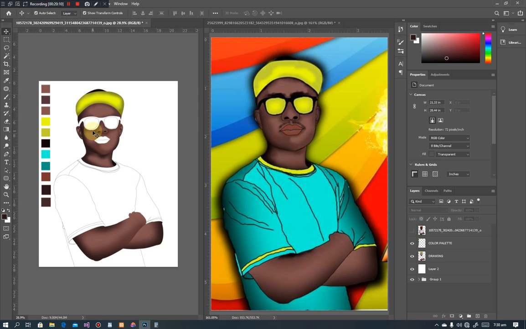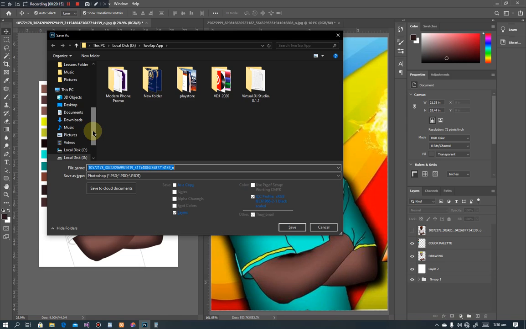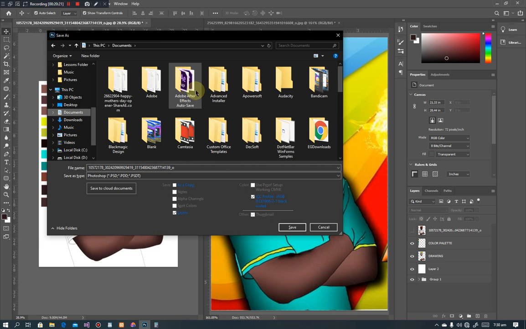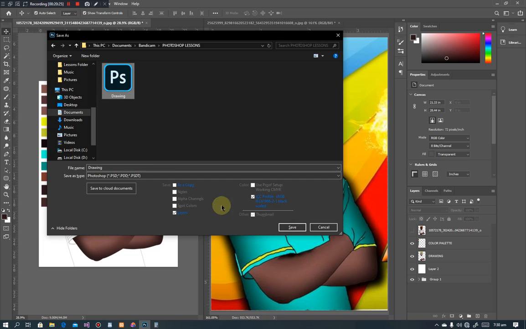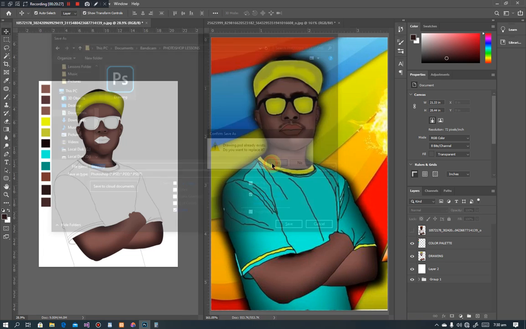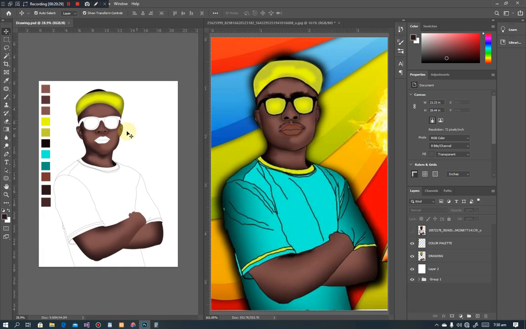Now, don't forget that you have to save your project so that you won't be missing anything. I lost my project, so I have to save it once again, and I'm gonna save it to my project folder, replacing this drawing guy. So I'll just replace it. Okay, so I have this guy here, and that is awesome, right? Good. So with no further ado, let's work along with the